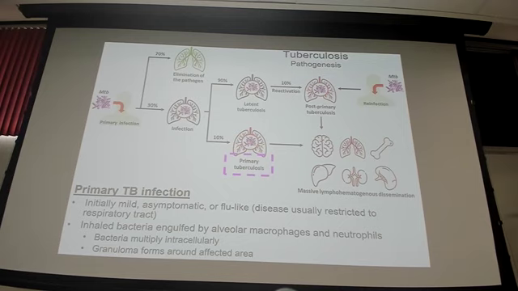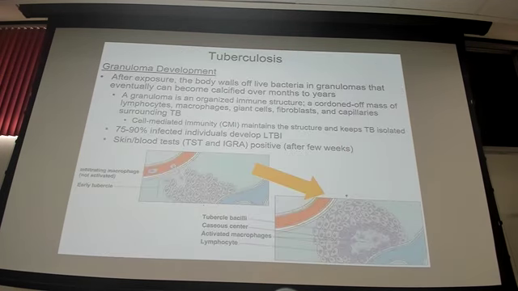For those who do get an infection where these bacteria are starting to replicate in the lungs and draw attention from the immune system, you can start getting some damage going. This is when you will start getting symptoms of tuberculosis. So you'll have some coughing, fever perhaps, malaise, feeling poorly, and things like that. And at that point, this is when you start getting recruitment of these immune cells into the area to form granulomas.